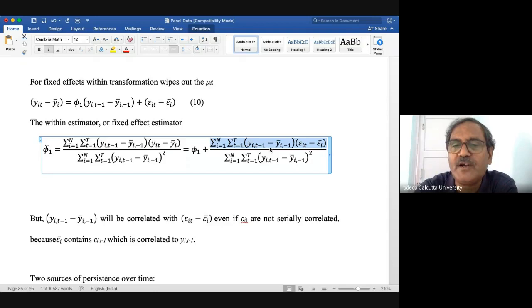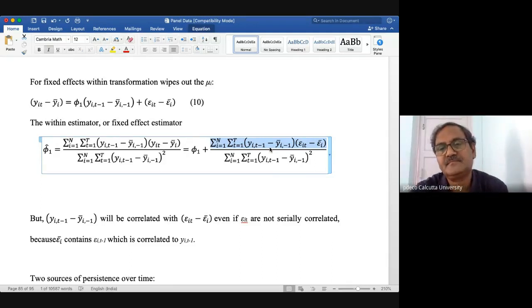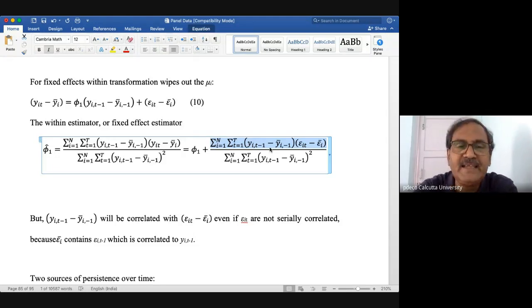This part will be not equal to 0. In other words, yit minus 1 minus y bar I minus 1